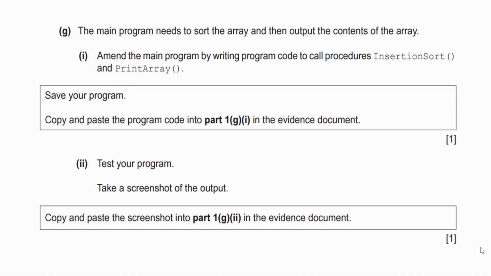The main program needs to sort the array and then output the contents of the array. In the main program, submain, by writing program code to call the procedures insertion, sort, and print array. Test your program, take a screenshot of the output. So let's swing over and make all this code work together so we can see it actually be sorted and then print it out in order according to job